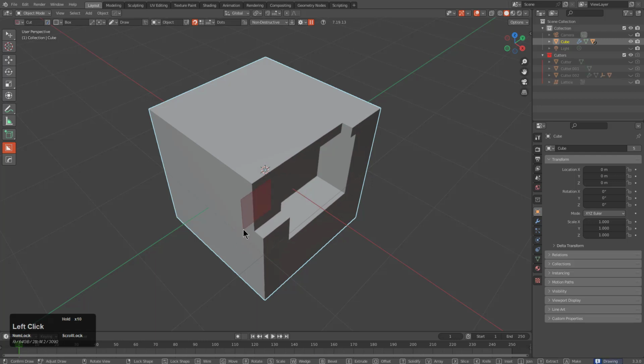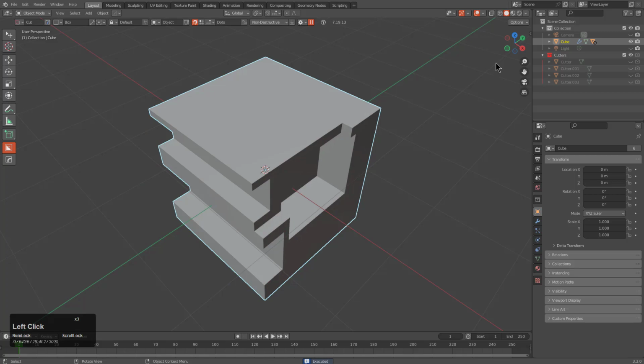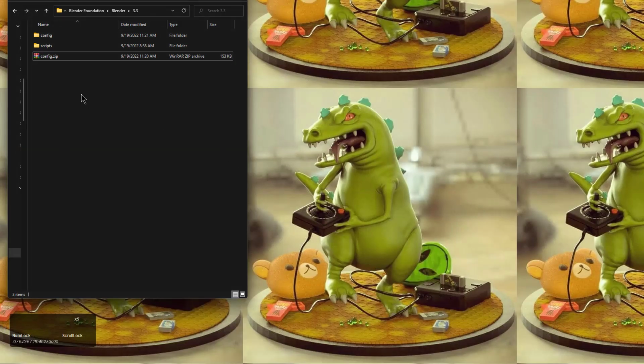So if you're precious about your setup and you have it working exactly the way that you want, you probably want to back up your preferences periodically from time to time. I actually have like 10 backups of my preferences at all times, just in case I need to revert back to previous states. So now that we've discussed configuration, how to back up your configuration and restore it if needed,